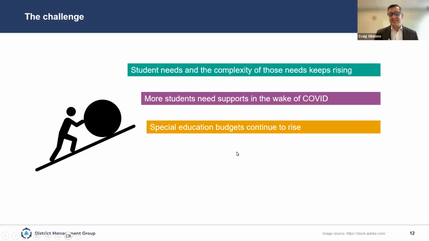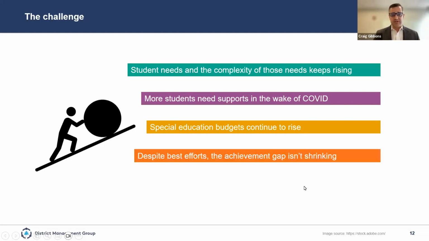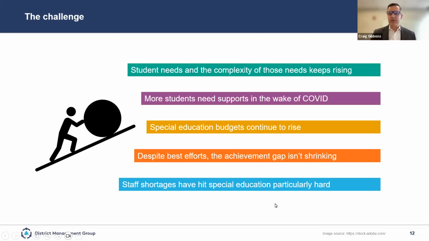The other piece is that the costs continue to rise. I live in a small local district, Massachusetts. A lot of our districts are town-based. Our special ed costs increased 14% for out-of-district services this year. Wild cost increase, very difficult to manage despite best efforts. So people are working very hard, but they're not seeing that shift in results that they want for kids. So really thinking about how do we curb that and really start to trend in the right direction.